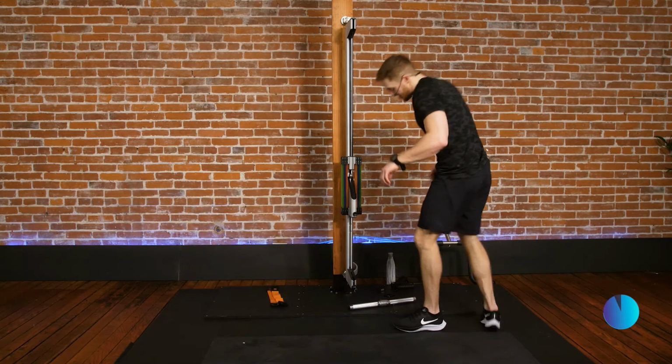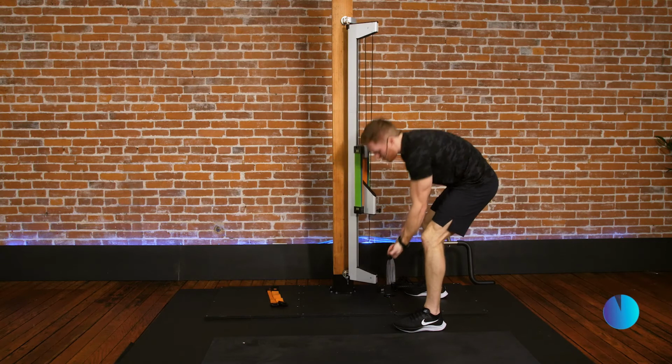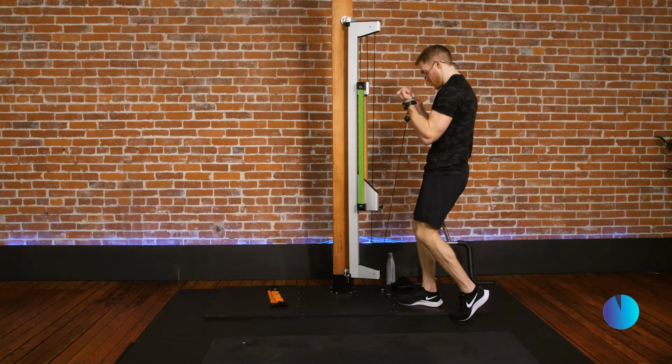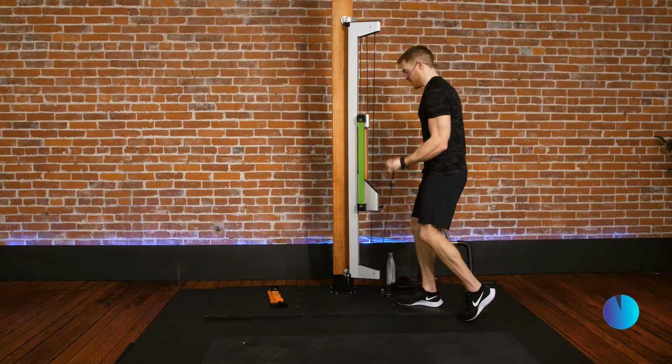Hands on that straight bar. Make sure we've clipped that in, shall we? Not gonna go very far without it. Standing tall, ready. In 4, in 3, 2, 1, we go for 10. Up, control. We go for 9. Up, control. Let's go for 8. Yup. Control and squeeze. 7,